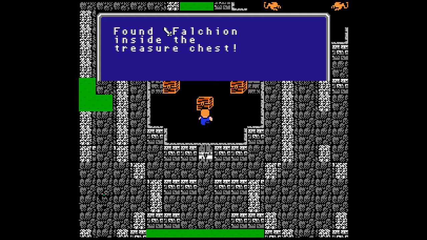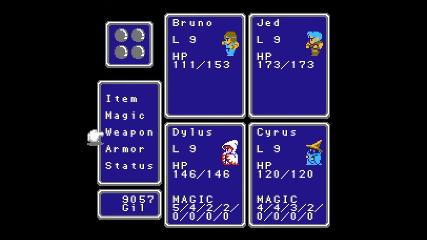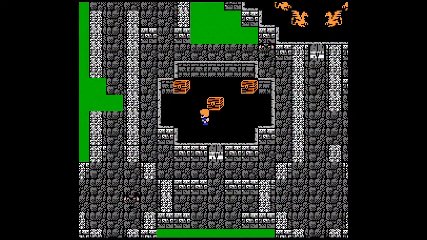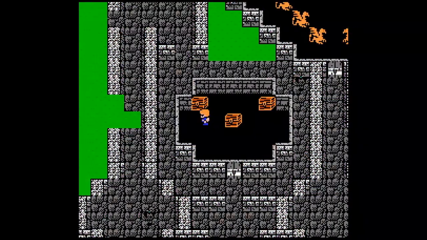Alright, here is the Falchion. And if I recall correctly, this one really isn't that spectacular. So we got 25 to 36, and then 21 to 31. Garbage. Okay. Let's see, anybody in need of healing? Next treasure chest